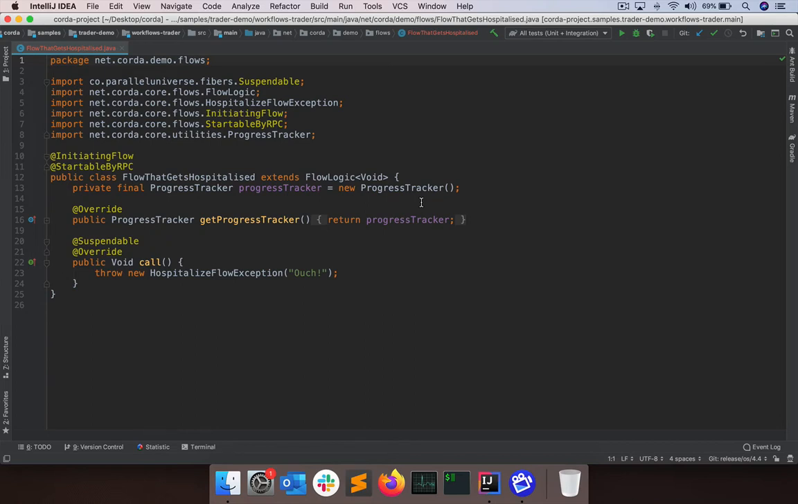Now in Corda 4.3 and before, flow hospitalization was managed automatically by the platform. So the developer didn't get a choice about whether their flow was sent to the flow hospital. There was a set of pre-existing error types that would get sent to hospital and nothing else. And in 4.4, what we've done is we've added the capability for the developer to send a flow to the